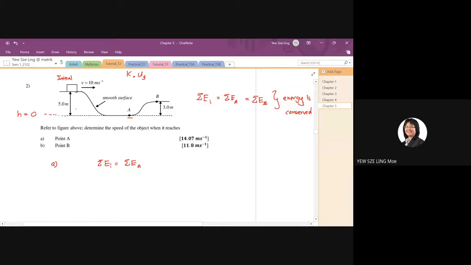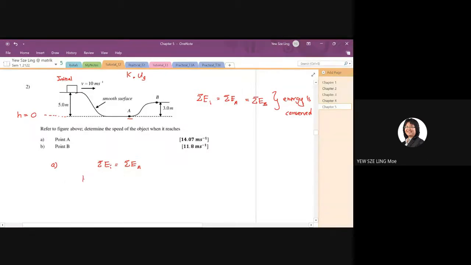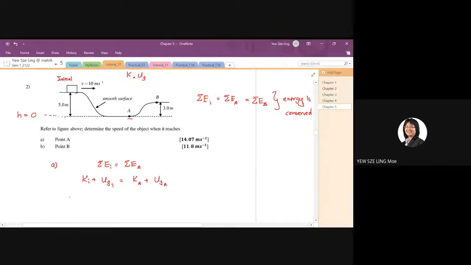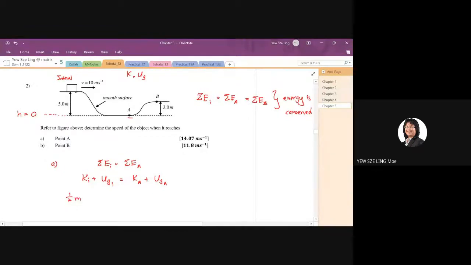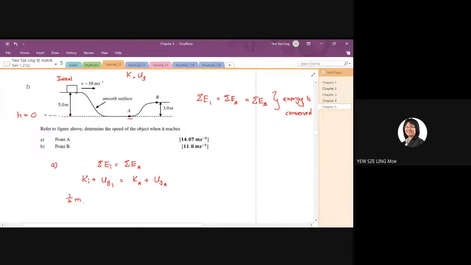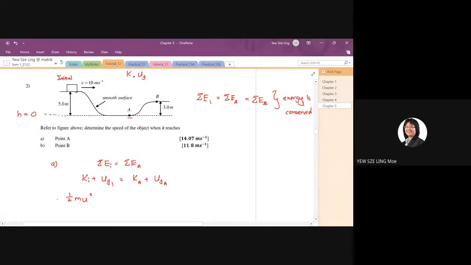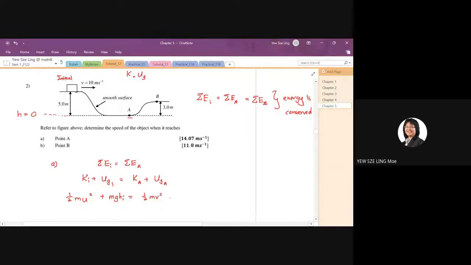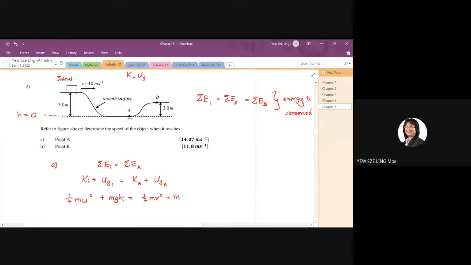I'm going to expand the equations. So K initial plus UG initial is equal to K at point A plus UG at point A. Then I'm going to expand it. 1 over 2 m, now initial K, usually we use u as the velocity, all right? So 1 over 2 m u square plus mgh initial equals to 1 over 2 m v square plus mgh at point